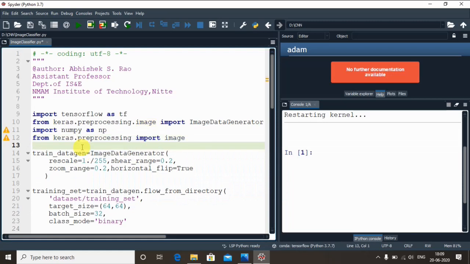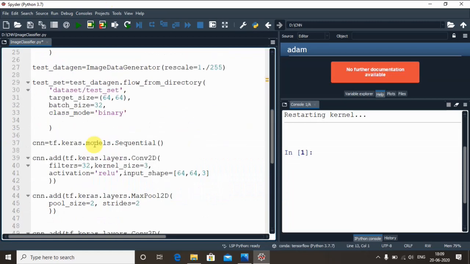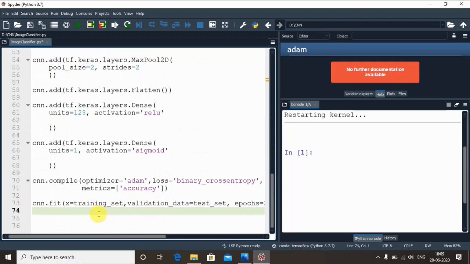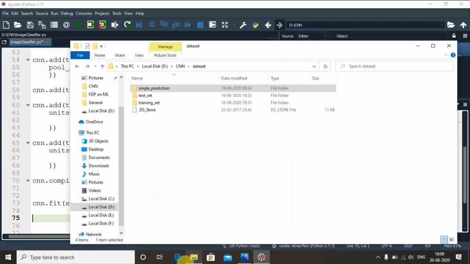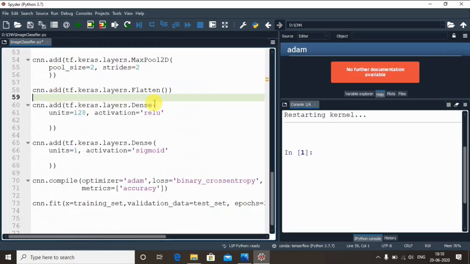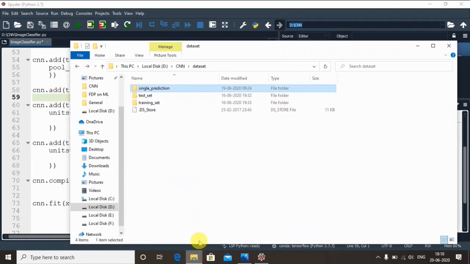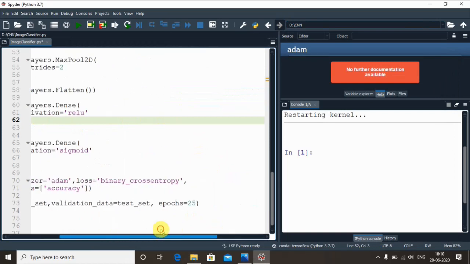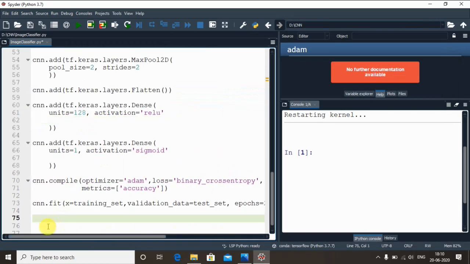Okay, so I just try to import this package, and through this we'll try to load that single image which we want to deploy. So which is that single image which we want to deploy? I just want this image to deploy my model, which is this image, cat_or_dog_1. Okay, so remember that in the working directory you give the path exactly as that of the dataset where it is getting stored. Okay, if there is a mismatch with respect to that, you may get the wrong output.